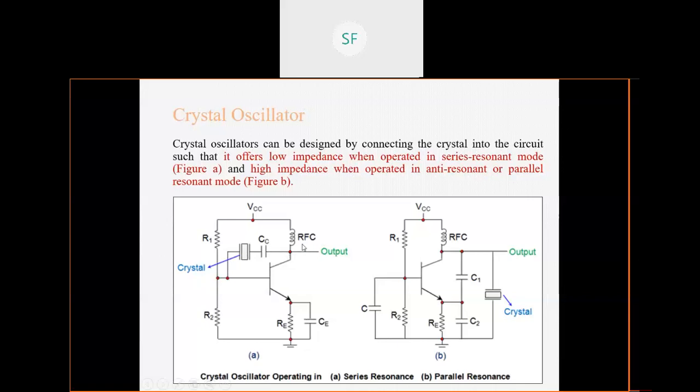Now RFC stands for radio frequency coil. In all the diagrams we have studied, we have seen the circuit diagram of the potential divider method, right, in unit number 1. Here we generally use a collector resistor, it is Rc. We use a collector resistor, but now here we have used RFC. So again it has one advantage, we will see that. In this way you can describe your circuit.